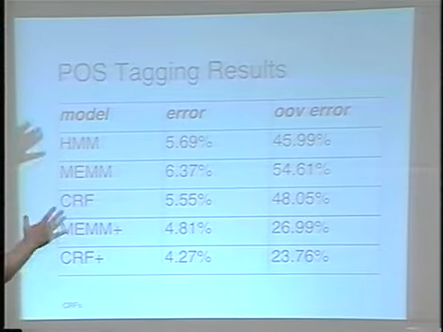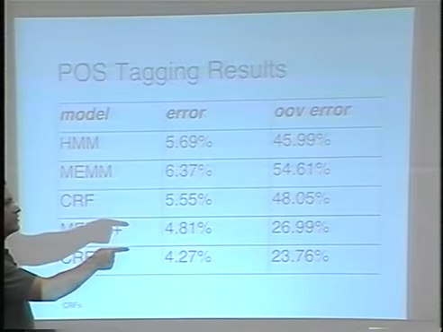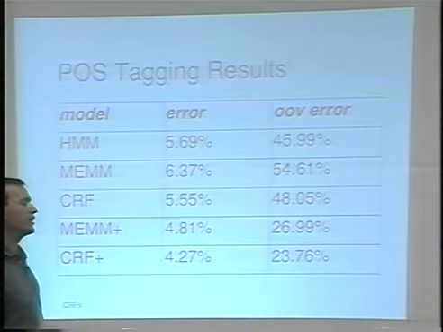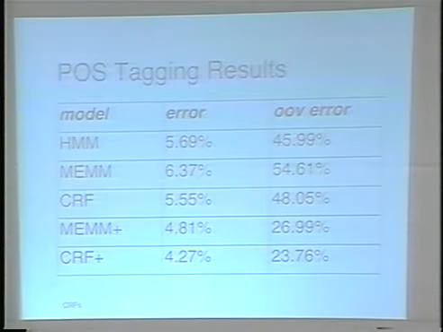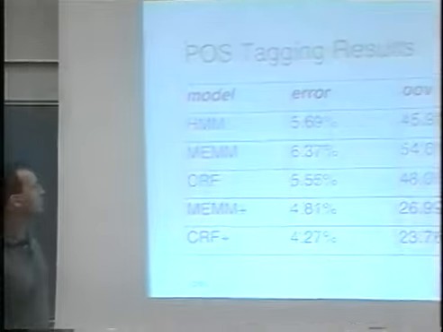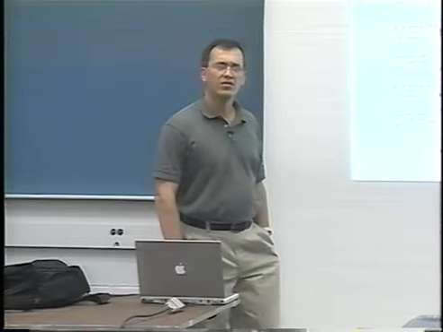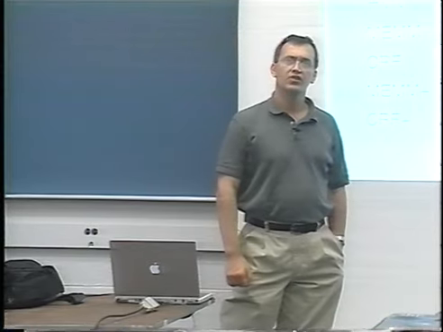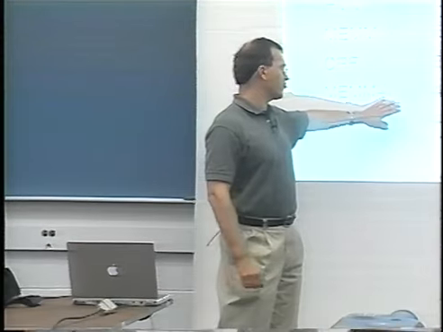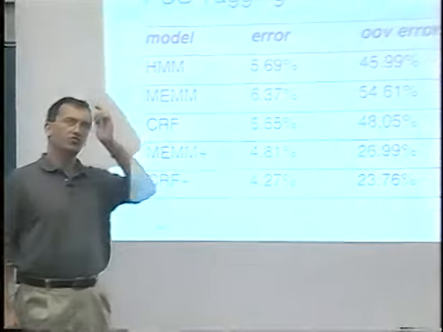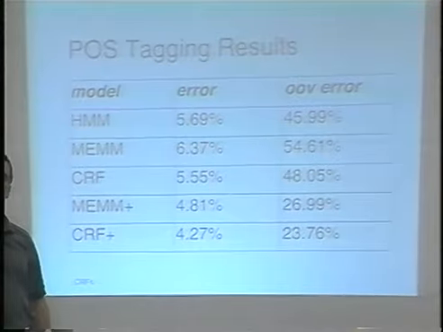Sorry? This is a very simple model, right? So what's the probability of an out-of-vocabulary word? I don't know, for one thing. It's somewhere in a paper, I think, but I can't remember now. So the difference between the plus models is that you had features from the future in the past as well? Sorry? No. These are just the spelling features. You're just looking at the present token.